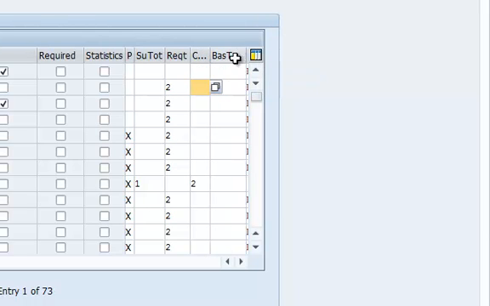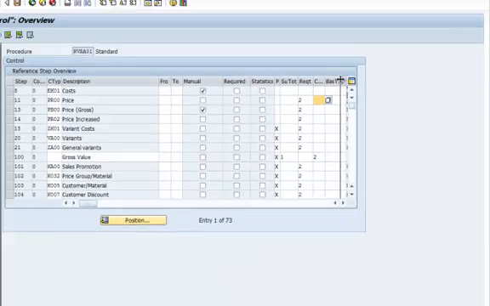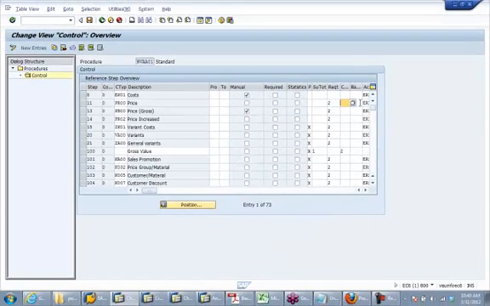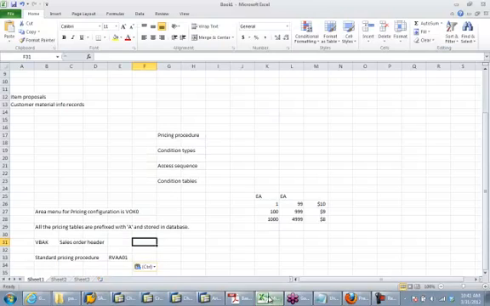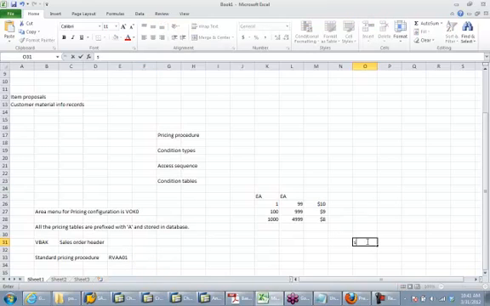Okay, base calculation type is used when you want to change the base on which you are calculating a condition type. Okay, I think I gave you an example last week. Say you have a header discount, and generally header discounts are actually divided. Say you have a sales order like this. The line item 10,